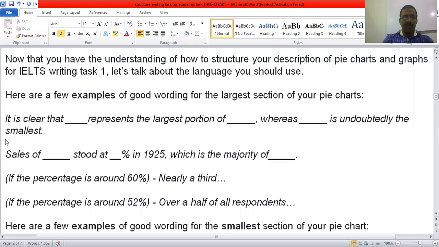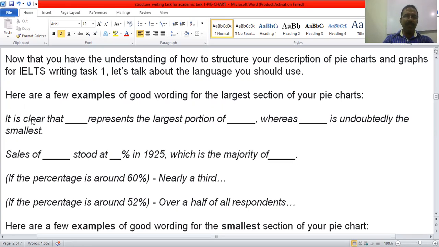Okay, so this will be the pie chart lecture part 2, and I'm going to tell you how we are learning about the vocabulary of the pie chart. Here are a few examples of good wording for the largest section of your pie chart. It is clear that meat represents the largest portion of consumption, whereas fish is undoubtedly the